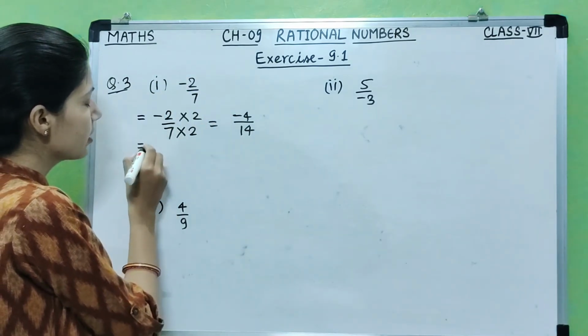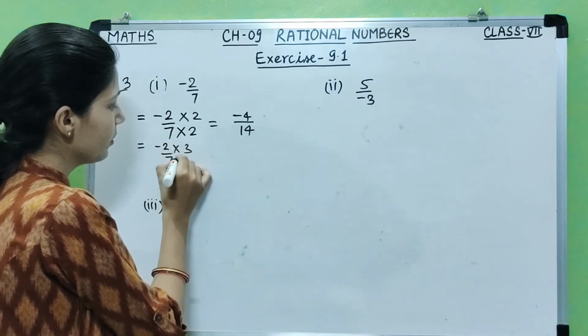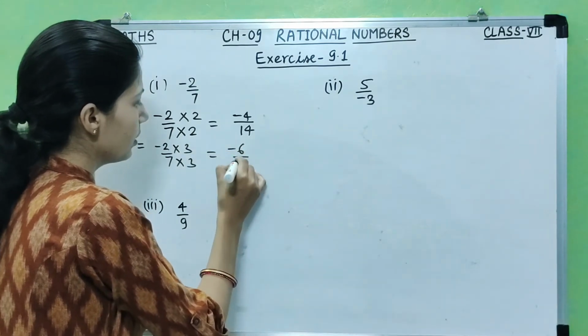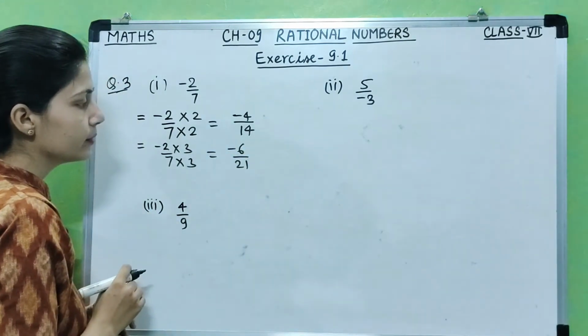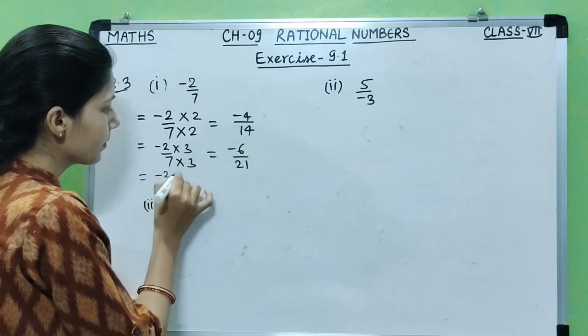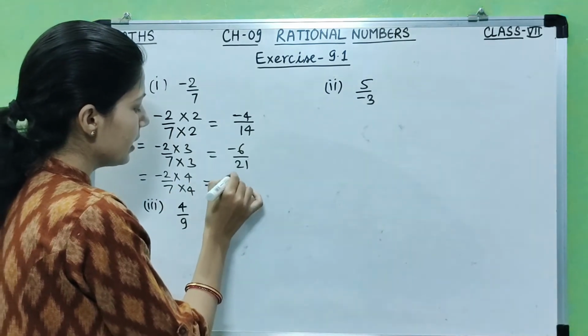Okay. Let's take second. -2 upon 7 if we multiply by 3, it will be -6 upon 21. Okay. Likewise if we multiply by 4, it will be -8 upon